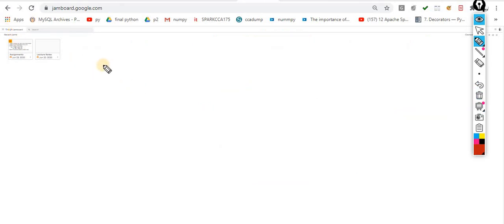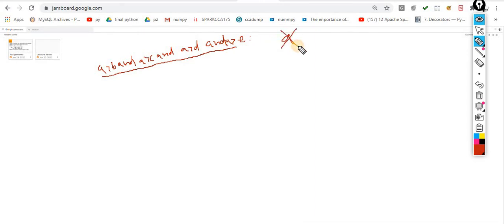So suppose for 5 numbers: A greater than B and A greater than C and A greater than D and A greater than E. If this condition is not true, I know A cannot be the largest number. So A is out of the game, and there is no concern about A. Now what is left?